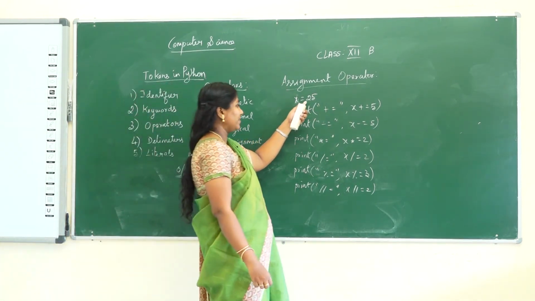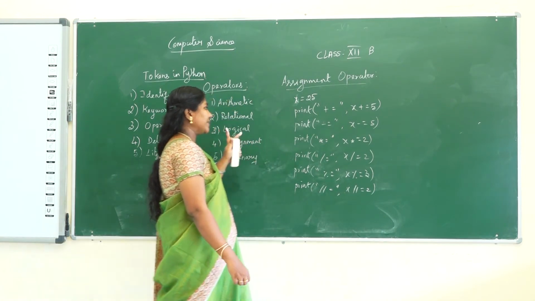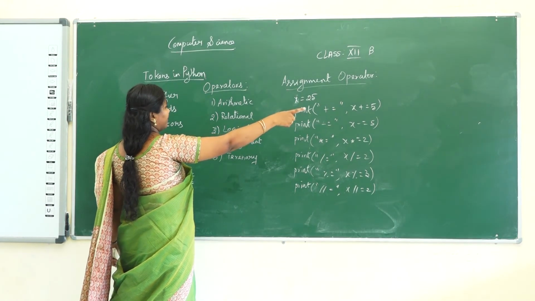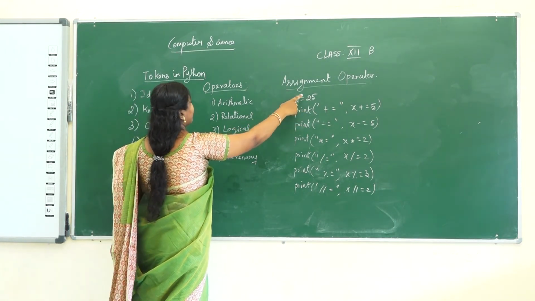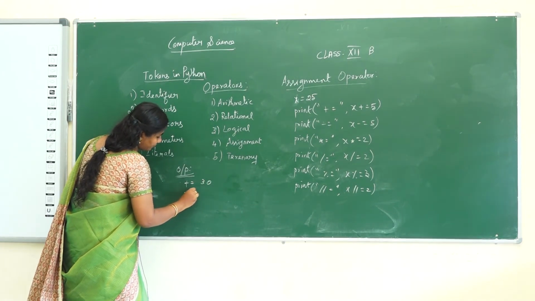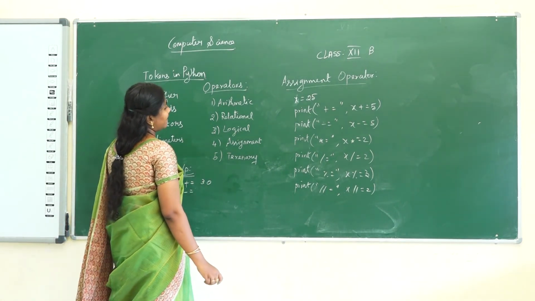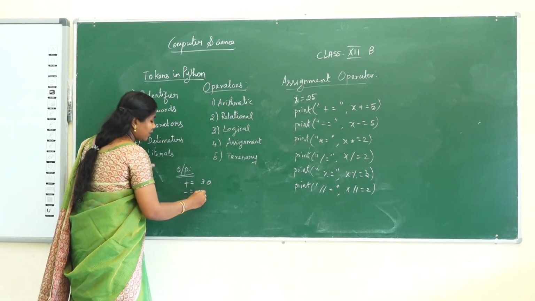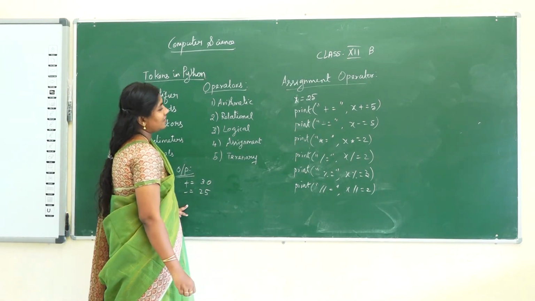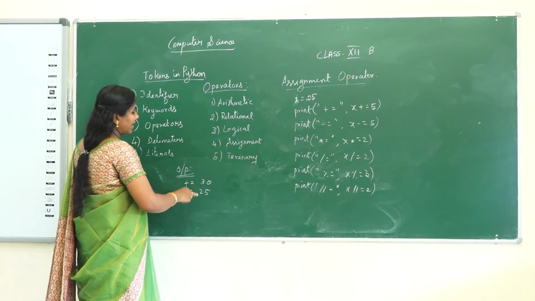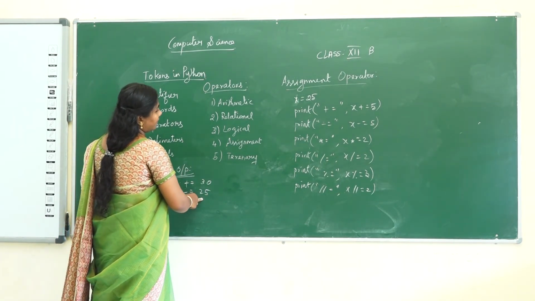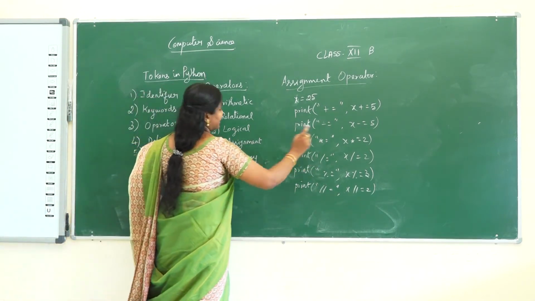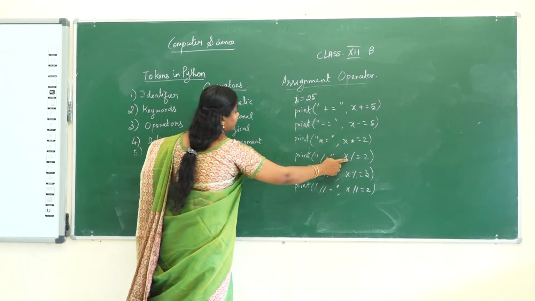So, first I have given the value x is equal to 25. Next I have asked to print x plus equal to operator. So, I will be having x plus equal to 5, then what will be the value of x? 25 plus 5, 30, okay. Then for minus equal to operator, x minus equal to 5: now the value of x is 30, so 30 minus 5 will be 25. And next x star equal to 2: now the value of x is 25, so 25 into 2 is 50. And next the value of x is 50, so 50 slash 2 will be